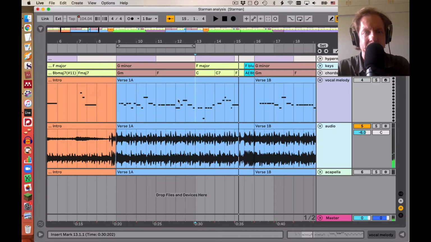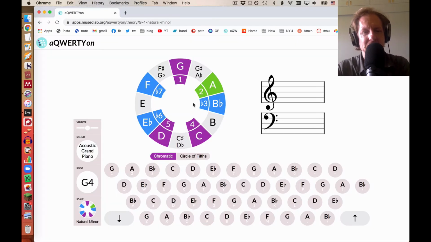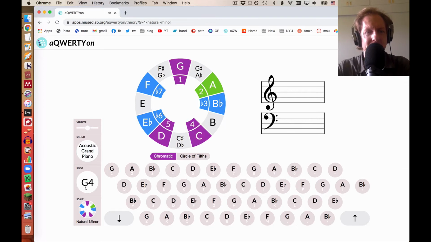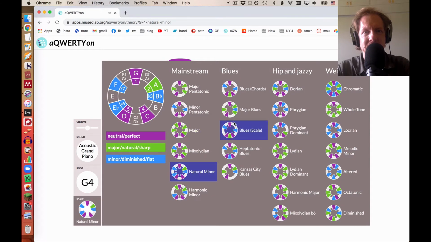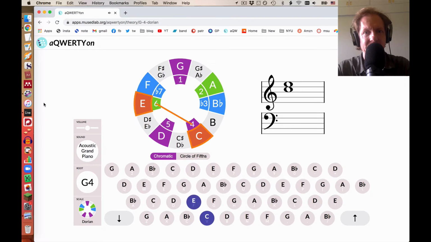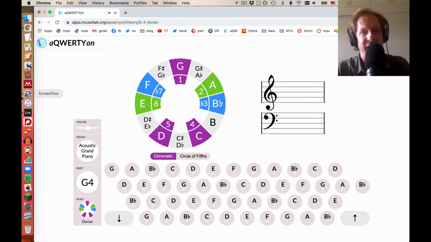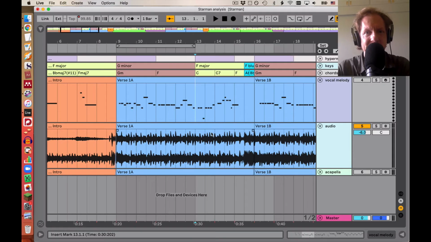Okay, now here, that C chord, we could still plausibly be in G minor. We can't be in G natural minor because that has E flat in it. But if we were to switch to G Dorian mode, then the 4 chord has E natural, so it is a C chord or a C7. But what happens after that is this C7